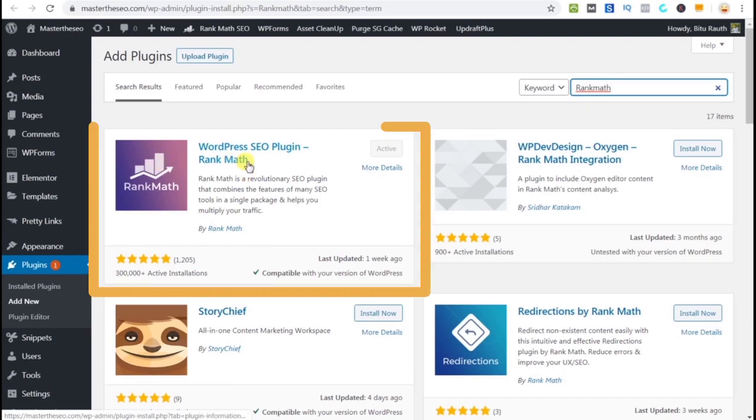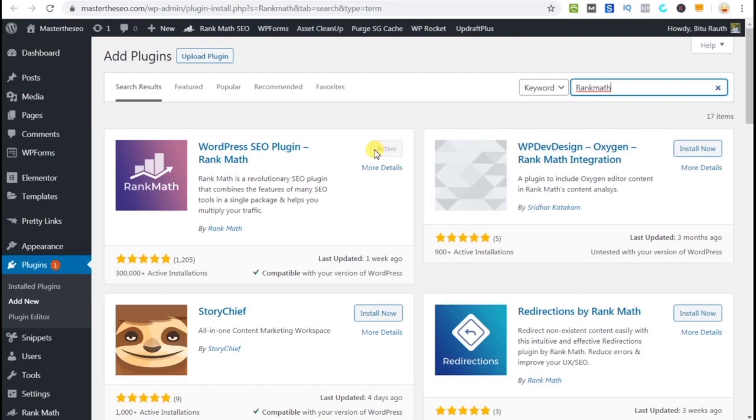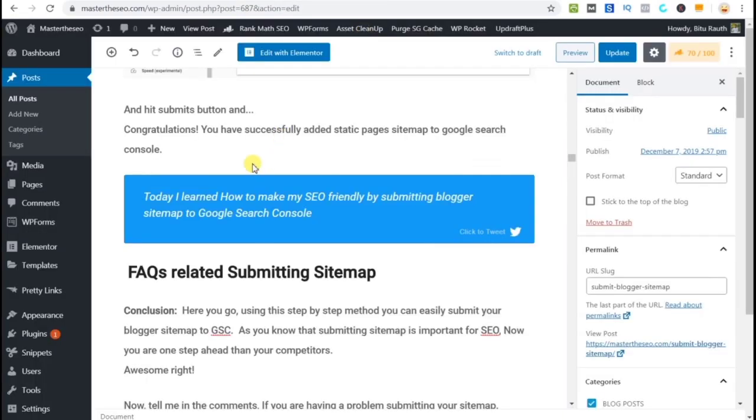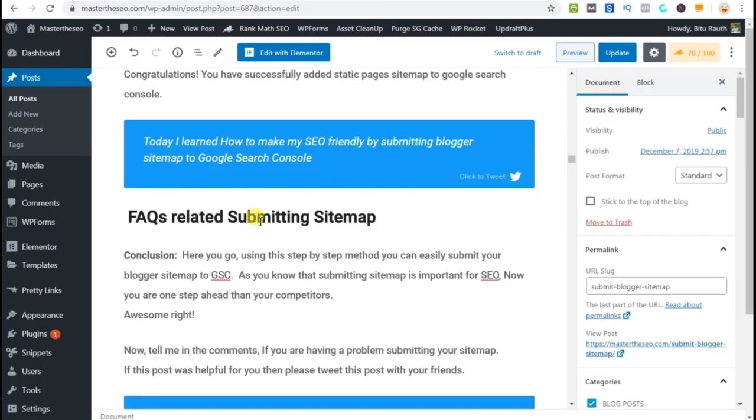This is the plugin I am talking about. So install and activate it. I already activated it, so I am not doing it. Now go to the post where you want to add the FAQ schema. For this example, I am going to add the FAQ schema in one of my blog posts. Click on add new